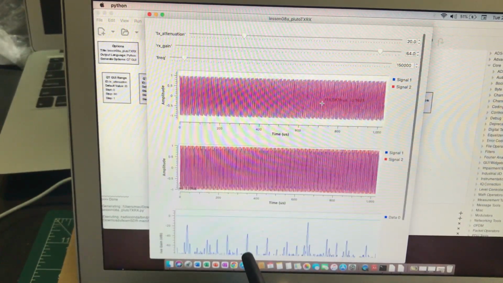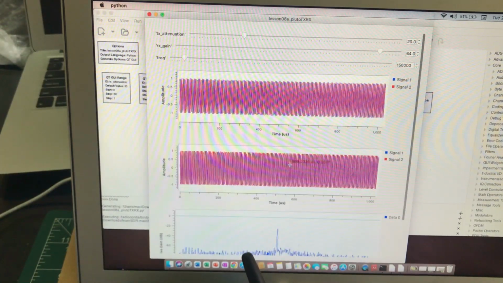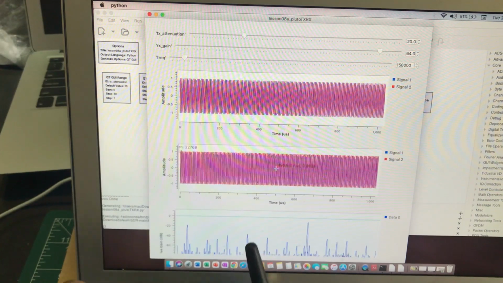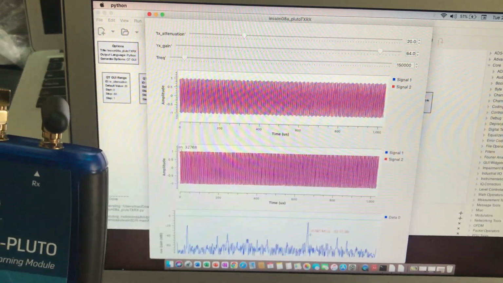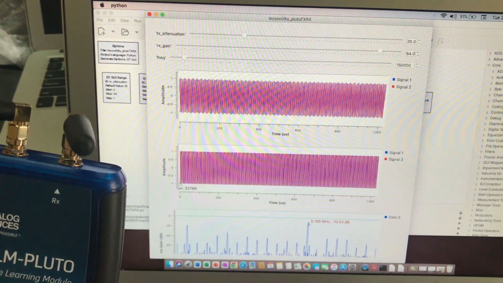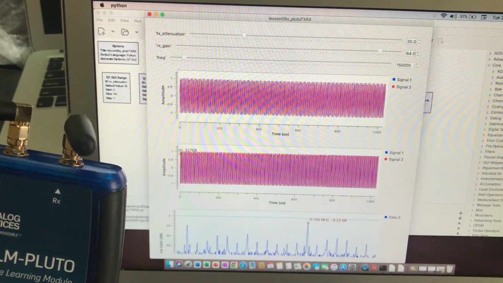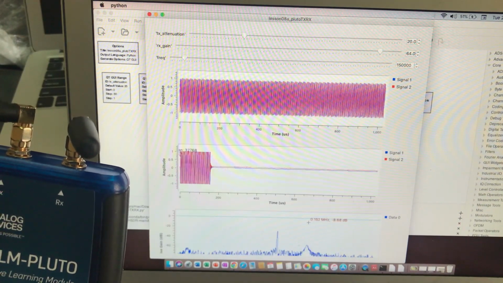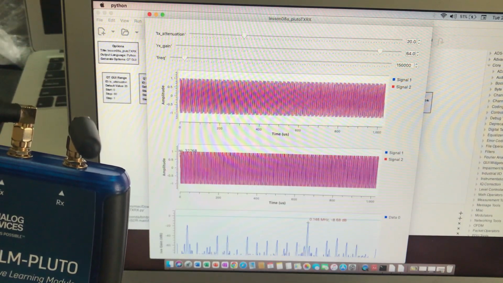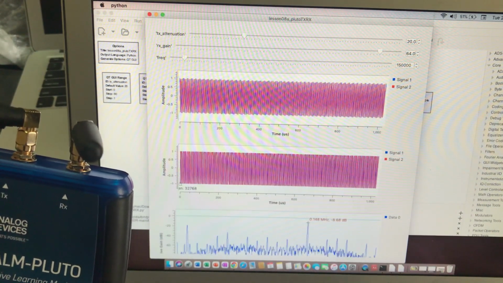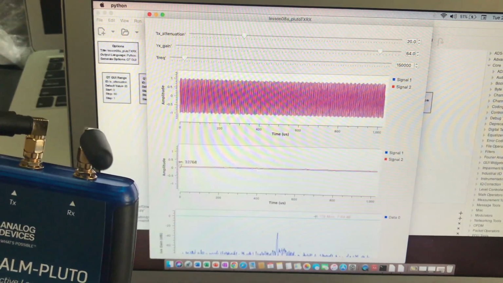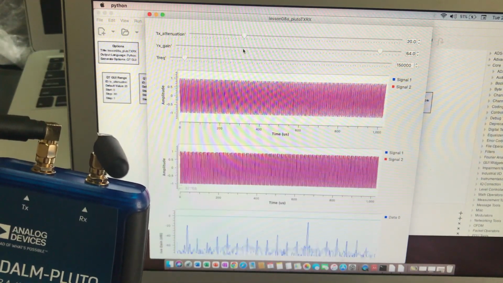All right, so this is what is being transmitted. This is your transmitted signal. This is what is being received by my PlutoSDR, and this is what a spectrum looks like. Based on the highest peak which is there, I'm going to judge this signal is at about 150 kilohertz right now, if you were to look at this number. Based on that highest peak I'm judging this actually is my signal. All right, to verify, I'm going to try to